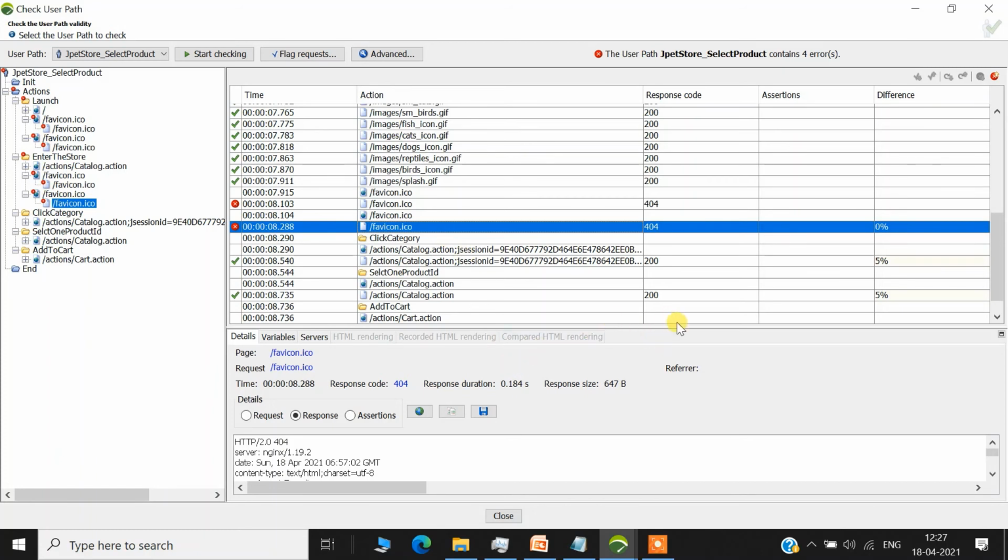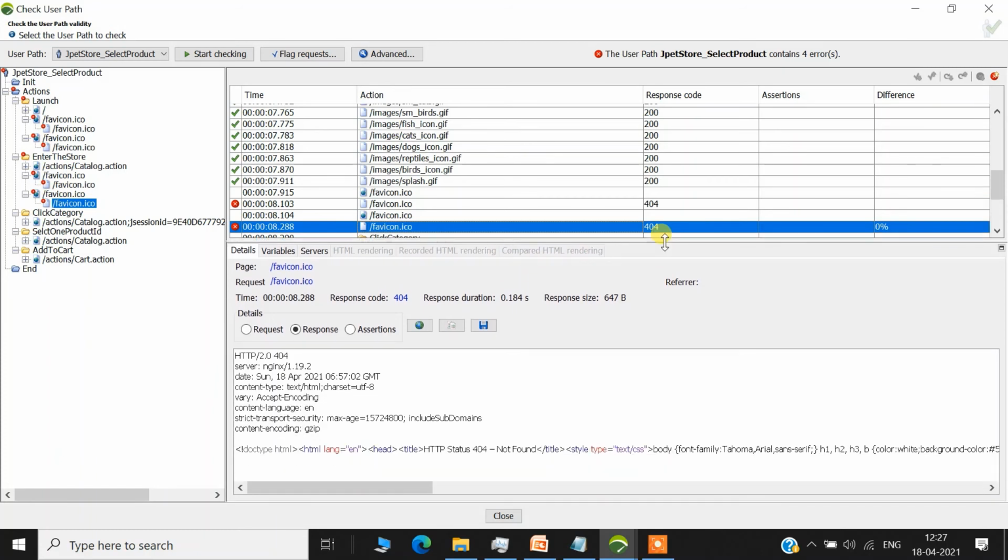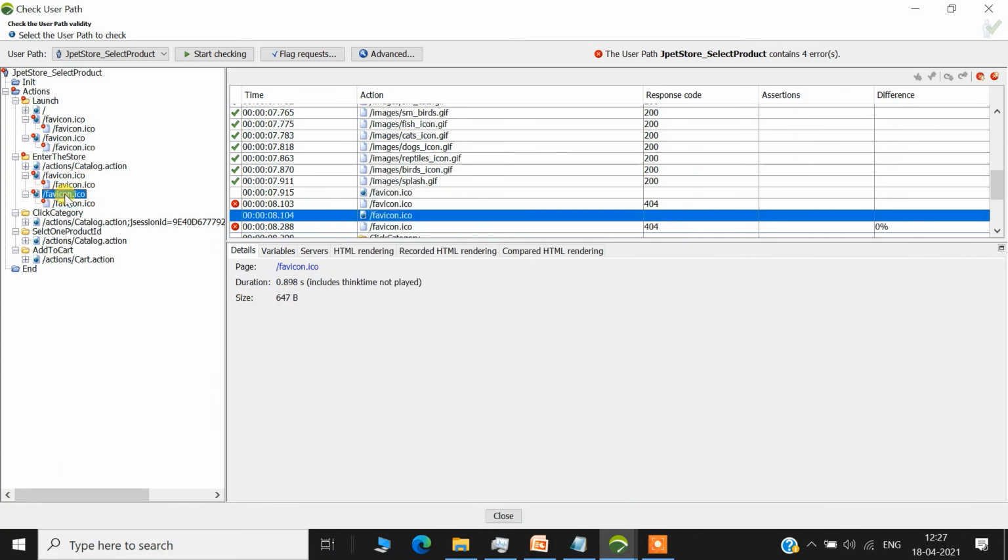Make sure that there is a possibility that the application itself is throwing this 404. So this is not our script issue, this is the application issue itself. We can also remove this in case the same 400 status is being given in the application itself.